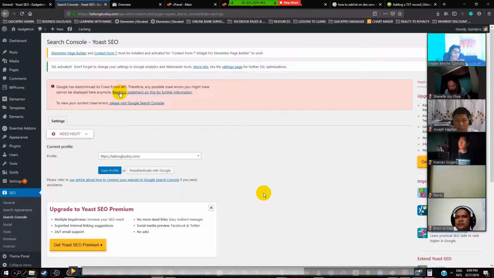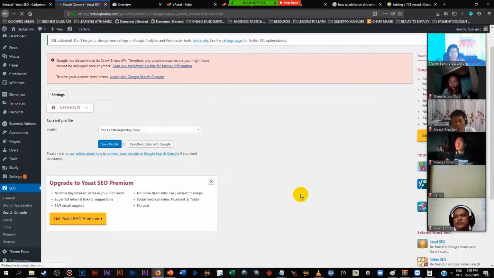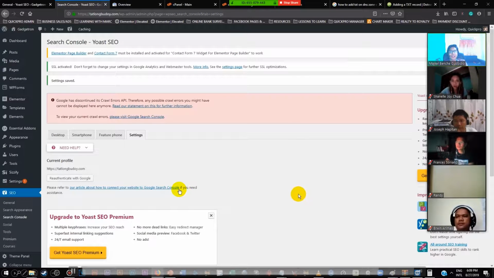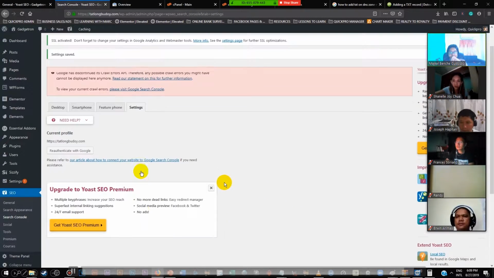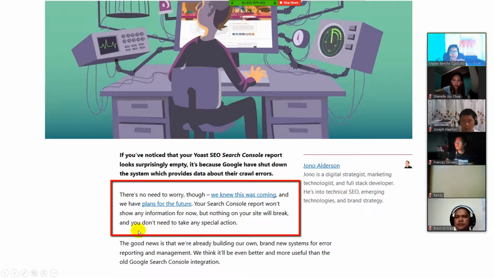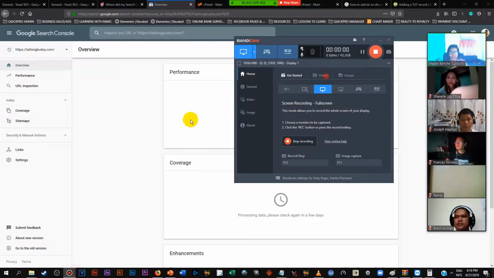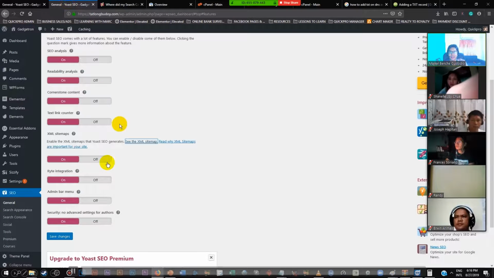You will see this notification on top. You just have to ignore it. It's just basically Yoast telling you that Google is not launching certain crawlers as of the moment. But upon checking, guys, Yoast basically confirmed the man that there is no error in your site and you can still proceed as usual. And they're gonna have more updates later on to improve the tracking of the Google into your website. You don't need to take any special action. So you don't need to worry about that. The point is we need to register our site first in the index para nandun na tayo yung ating website in Google. Okay, so let's go back.